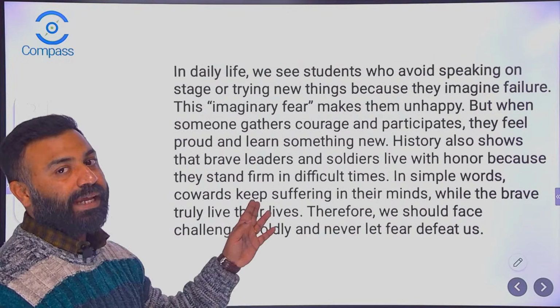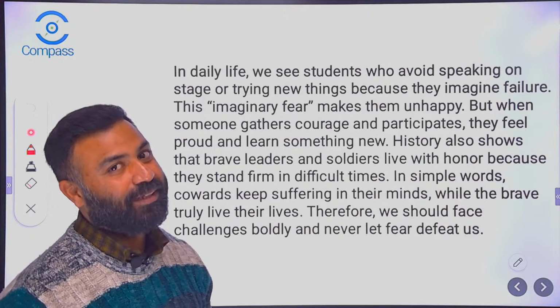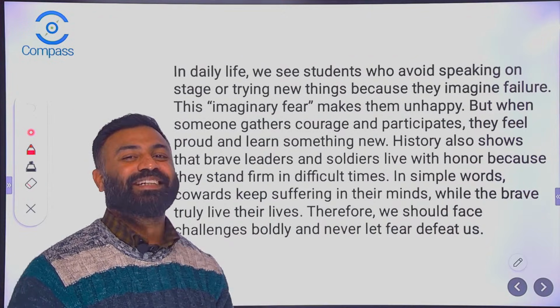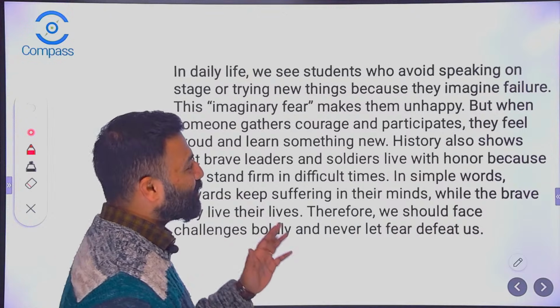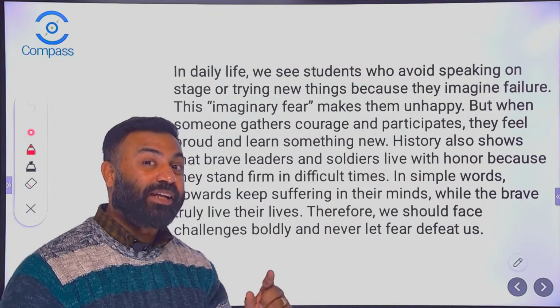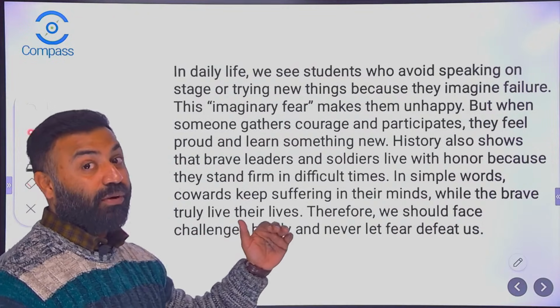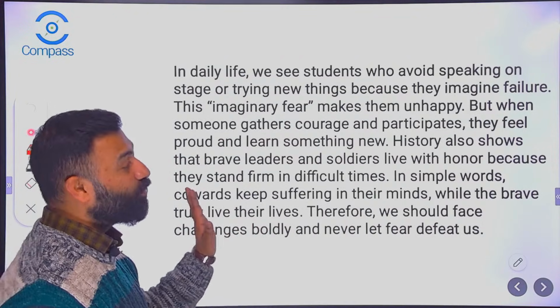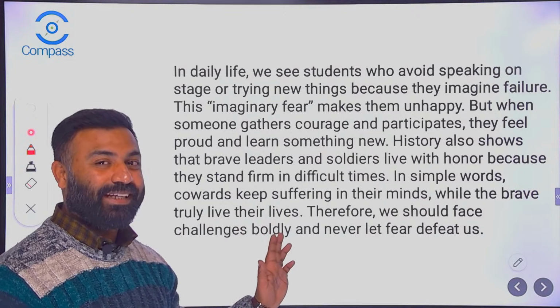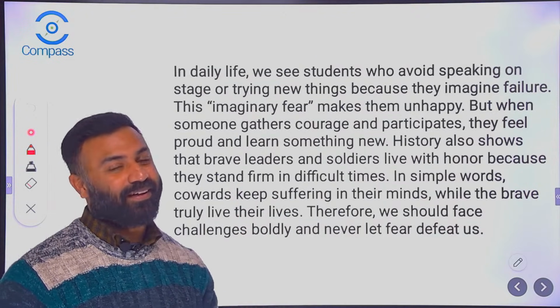You know what is lacking in this essay? The paragraphs. On purpose, it has been written like this so that I can point it out and tell you that it needs to be written down in paragraphs. It is so beautifully written, right? What's lacking? It needs to be broken down into paragraphs.